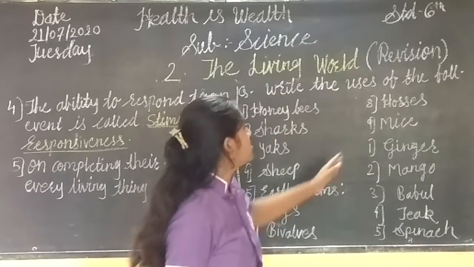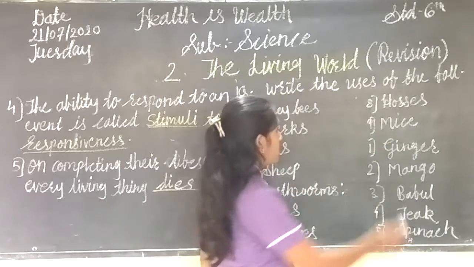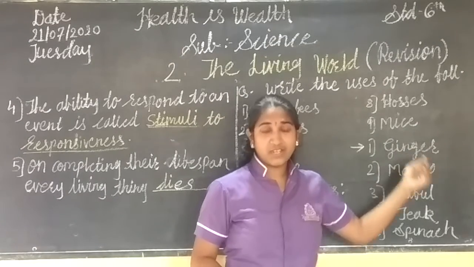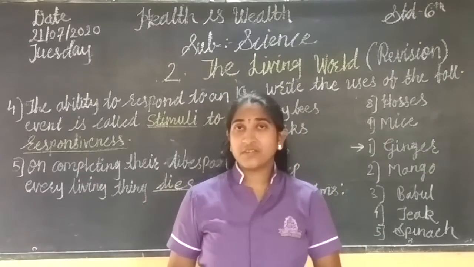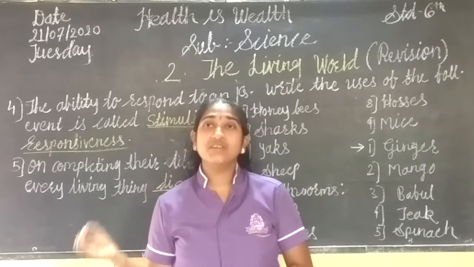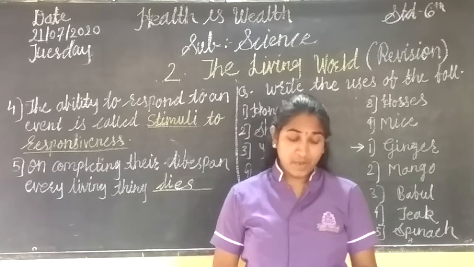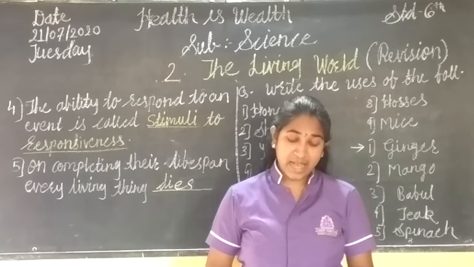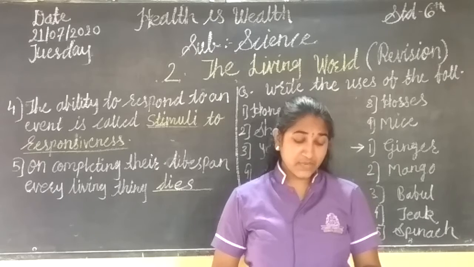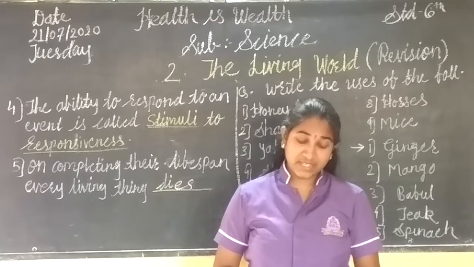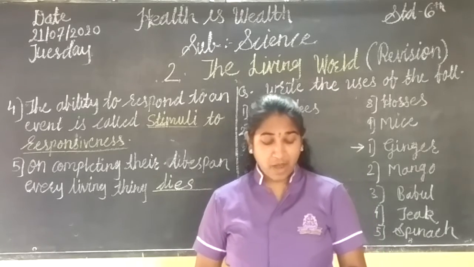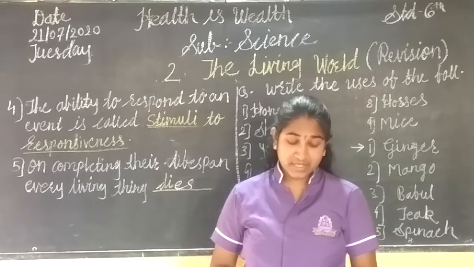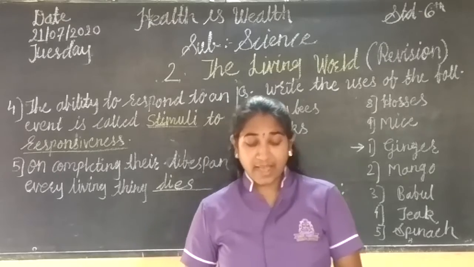Then next, now we are going to study about the uses of plants. The first one is ginger. What is the use of ginger? We use ginger for cooking, for food. We use ginger as medicine also. Ginger is used in various dishes. It is also used as a popular medicine. Ginger extract is the remedy for all kinds of aches and pains. Dried ginger powder is of great medicinal value. As a home remedy, ginger and sunt are safely used against headache and acidity.